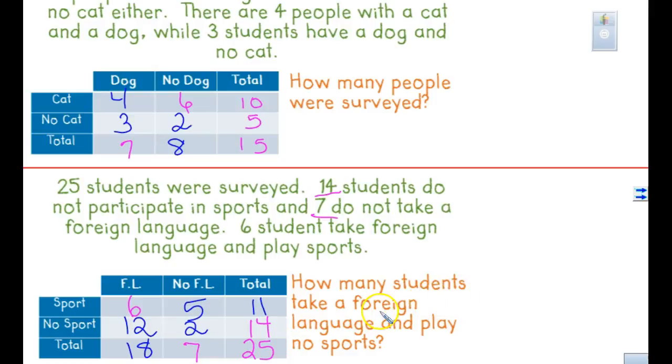So if we said how many students take a foreign language and play no sports, our answer would be 12 people. Okay? So the next part that we are looking at,